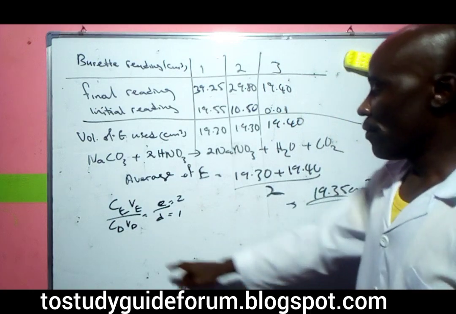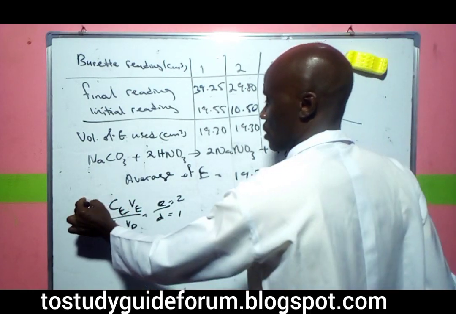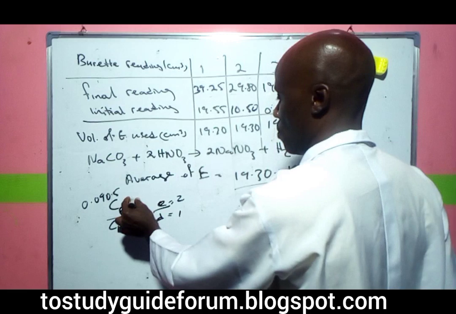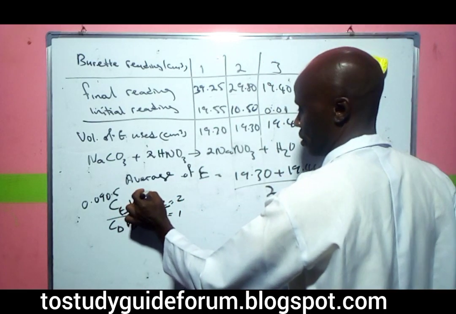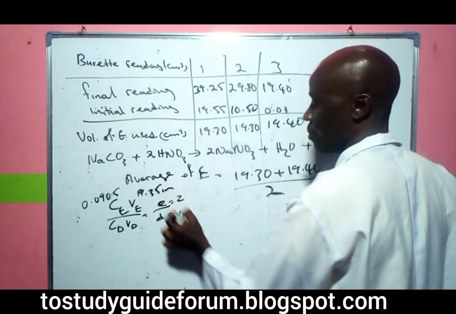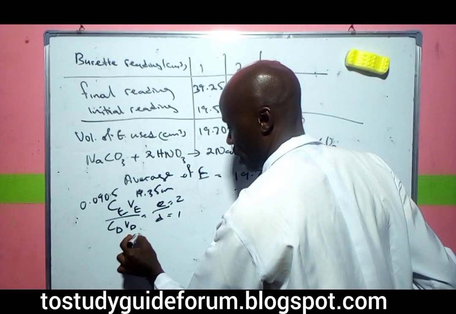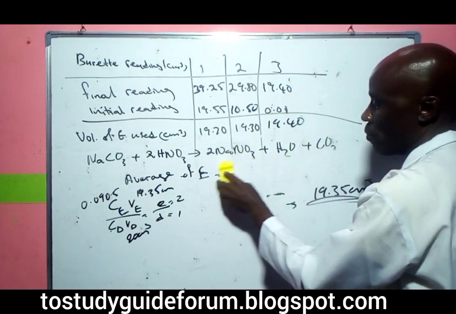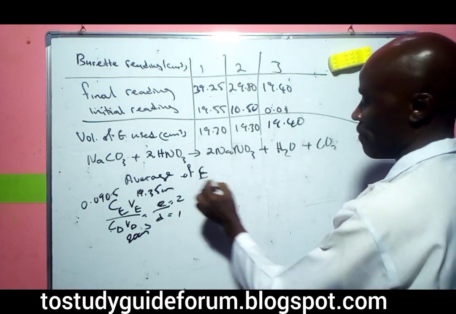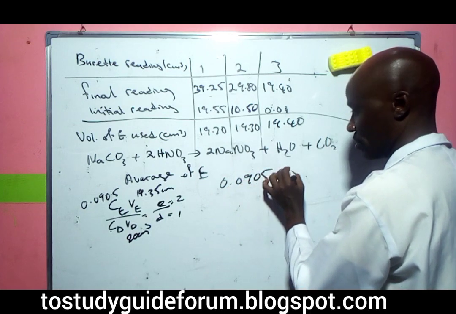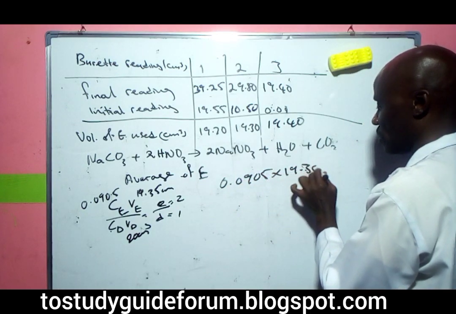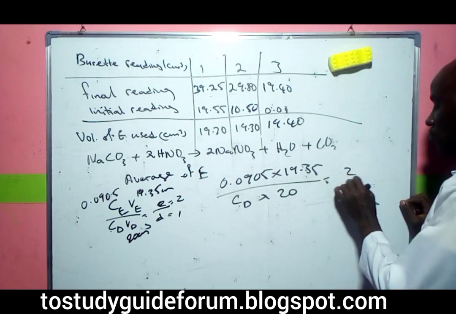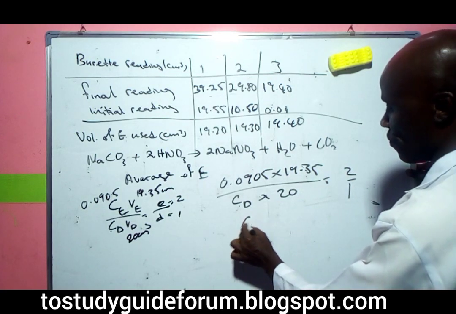For the concentration of this, the question said it is 0.0905, and then the volume of this other one is what we have here, 19.35 cm cube, and the volume of D from the question is 20 cm cube. So the one we are looking for now is the concentration. So we add those things together. If we join them, we have 0.0905 times 19.35 all over C_D times 20 equal to 2 over 1. To multiply this, we have 40